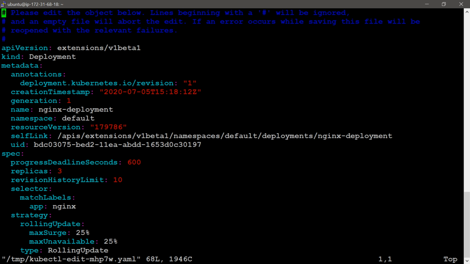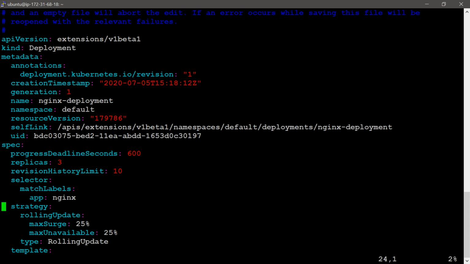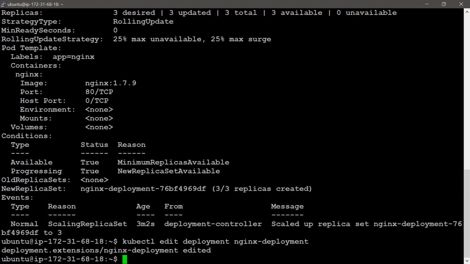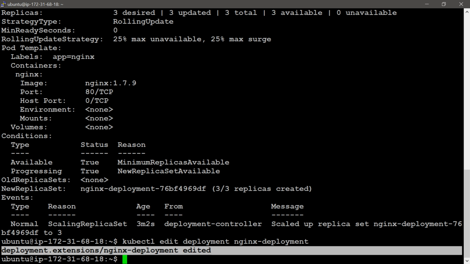Then here I can change the replicas from 3 to 5. We will save this file. Then immediately it will update. You can see in the output this line: deployment.extensions nginx-deployment edited.